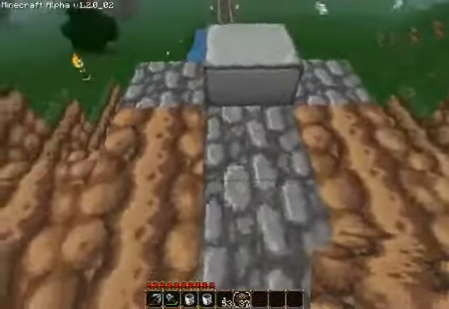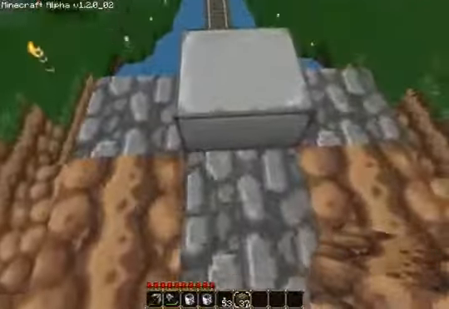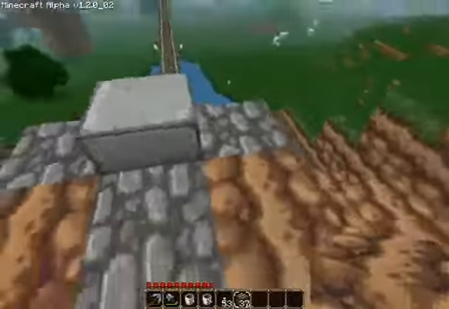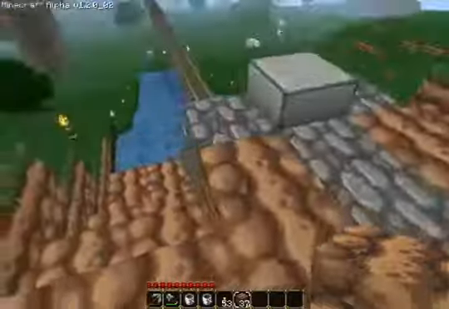Of course, I have my tunnel leading into my base with the carts. I had to put this here to stop the water from flowing onto the tracks, although you don't have to do the same thing with your waterfall. But what I do,